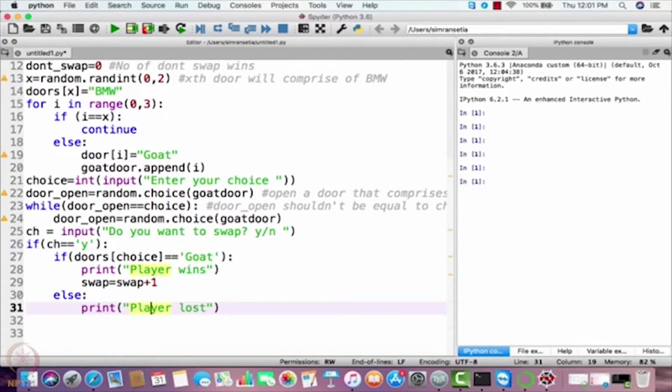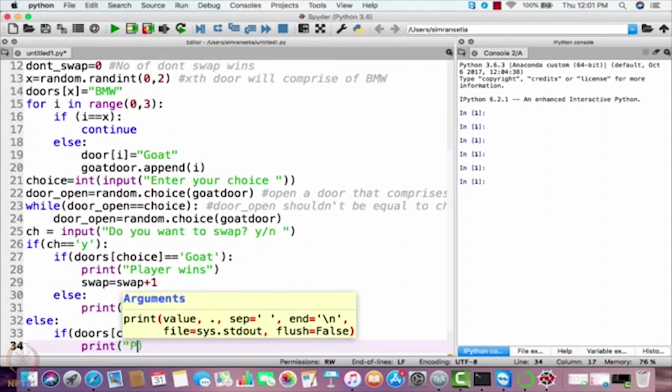So now we are done with if ch is equal to y, and if he doesn't choose to swap here, what we'll do here? If he doesn't choose to swap, we'll write if door's choice is equal to goat. If his choice was goat initially, and he doesn't choose to swap too, then he is bound to lose the game. So you just write print player lost. Done.